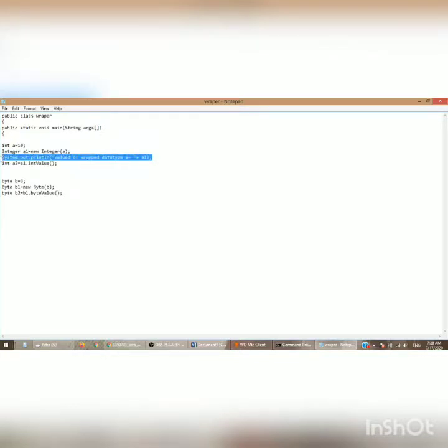Now again I will print the value of unwrapped data type. Value of unwrapped object a1 equals a2, because this is the variable in which I stored the unwrapped value of that object.